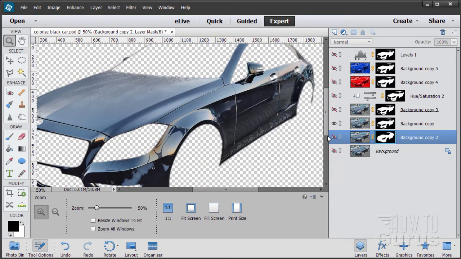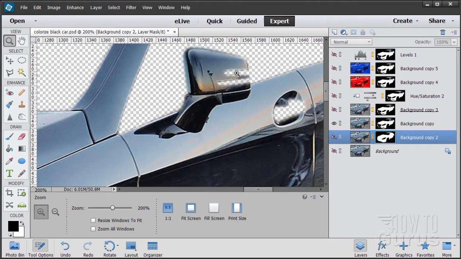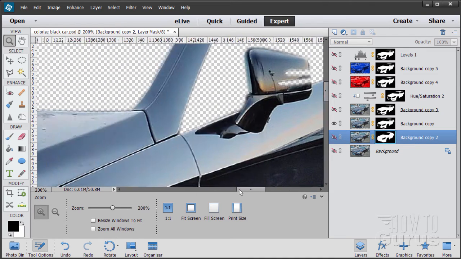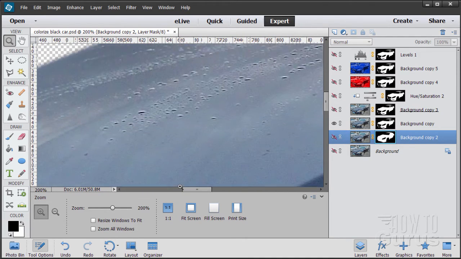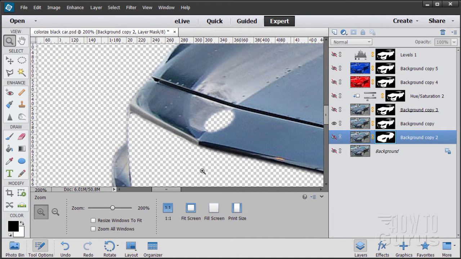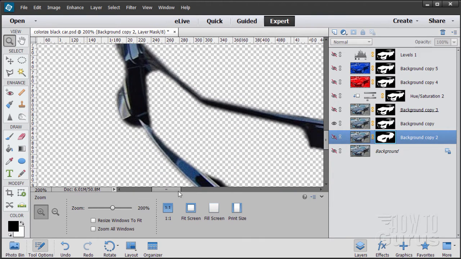There we go. This is the finished layer mask right here, using the same technique we just demonstrated. So the wheels are gone, that area is gone. If I zoom in here, you can see I took out those 2 little notches in there, took out the door handles. There they go, those are gone. And then on the front side, I'll just scroll down here. Emblem is gone, the front grille is gone, license plate frame and the lower grille